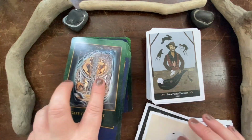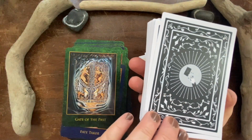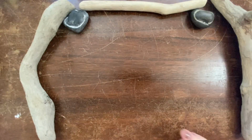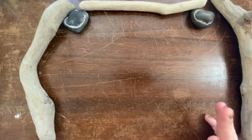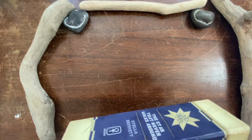So that's the Magician's deck and the Literary Witches Oracle. The Literary Witches Oracle has these amazing backs. I think the backs as well kind of resonate with each other. So those are the first 2 decks of my 10, in no particular order,